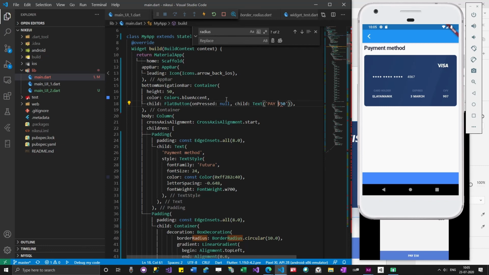So in order to resolve this issue, if you see, there is an issue with $50, right? Because the dollar sign has a different meaning in Dart, so I'm going to add a slash, either a backward slash or a forward slash. I'll try my luck. When I add this backward slash, it didn't work. When I add the different one, it worked. Okay, so I'll just save it, and then I will make the color white.